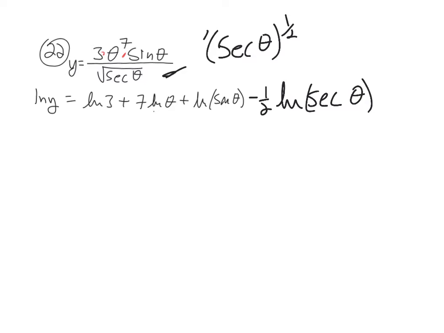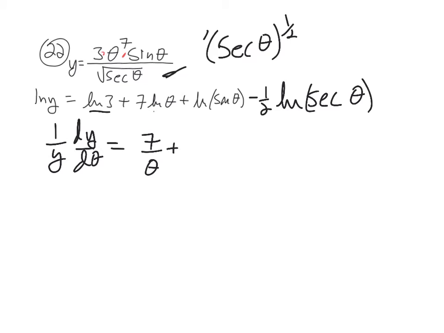I've got everything that I need. Now we're going to do some calculus. So 1 over y dy d theta equals, now ln 3 is a constant, so that's gone. So then this is going to be 7 over theta, and since I'm taking the derivative with respect to theta, I don't need a d theta thing,